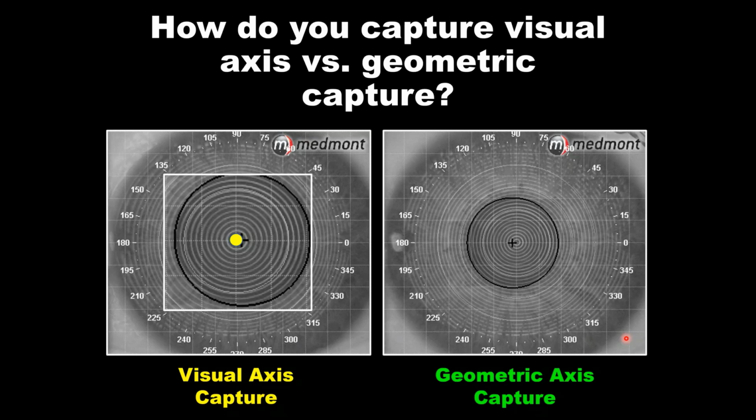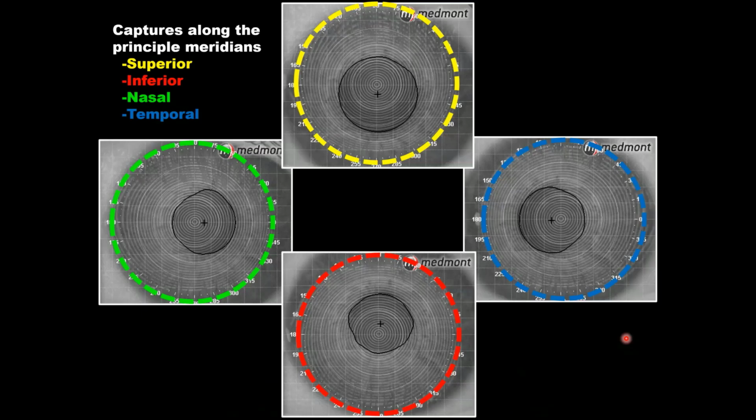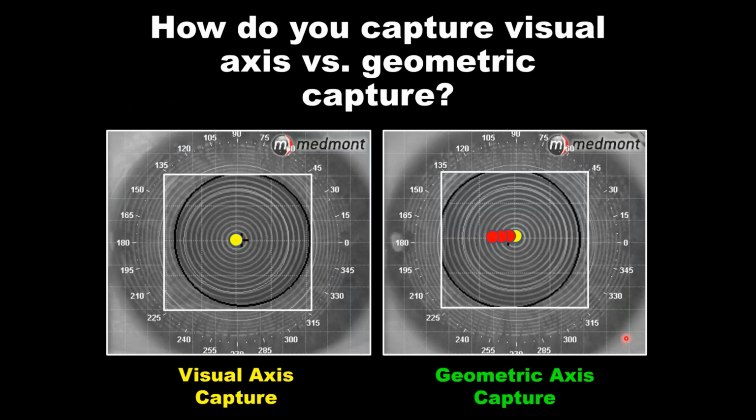Whereas the geometric capture is used to center the placido reflection, so it's equally distributed on either side of the visible iris. So to capture a geometric axis capture, what you're going to do is have the patient fixate possibly 1, maybe 2, 3, or 4 rings toward the nose. And the idea is you want to move the placido so it's off the nasal side,